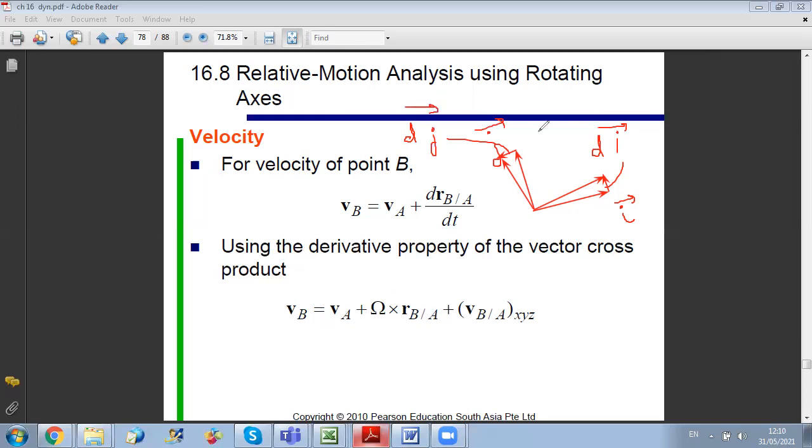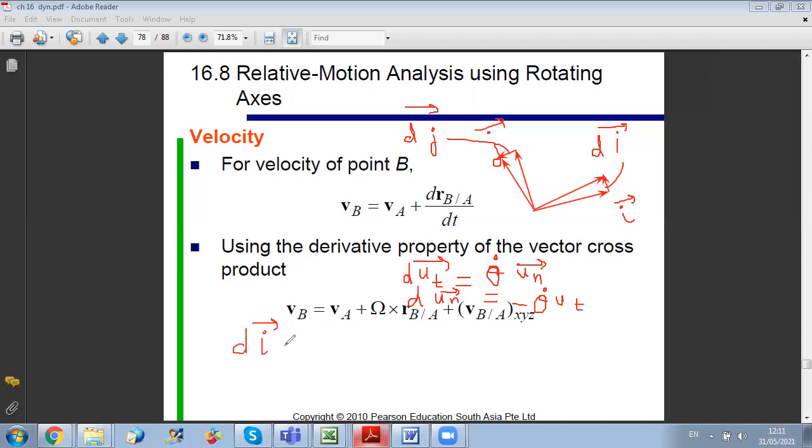So if you remember in the unit vector demonstration, what did we find? We found that dUT equals theta dot UN, if you remember. And dUN is minus theta dot UT. We did the demonstration together. So here, by analogy, you can write that